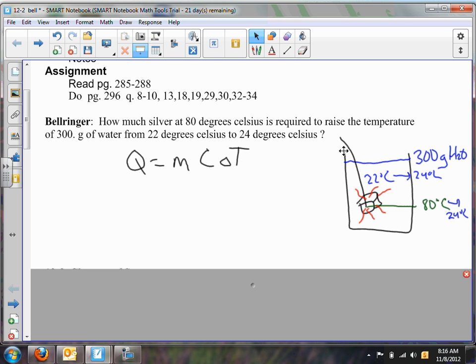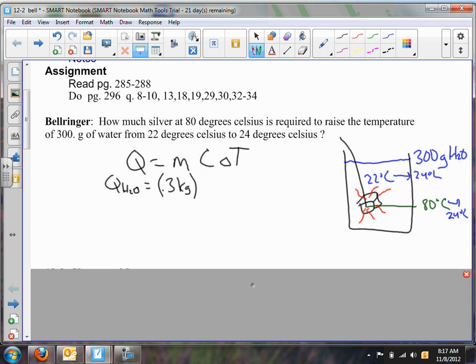Well, this is definitely a heat flow problem. Heat is transferring from the metal to the water, so what I want to do is figure out how much heat is transferring from the metal to the water. And I can find out the amount of heat that the water gains, because I know I have 0.3 kilograms of water,